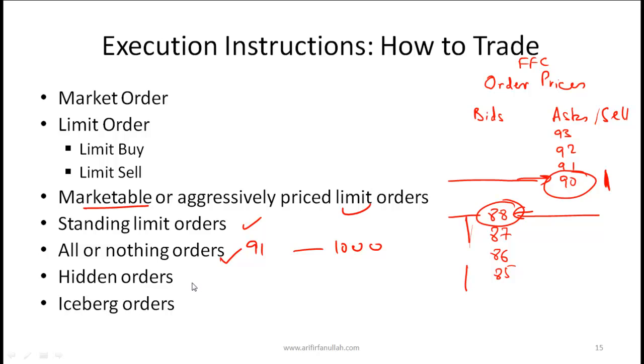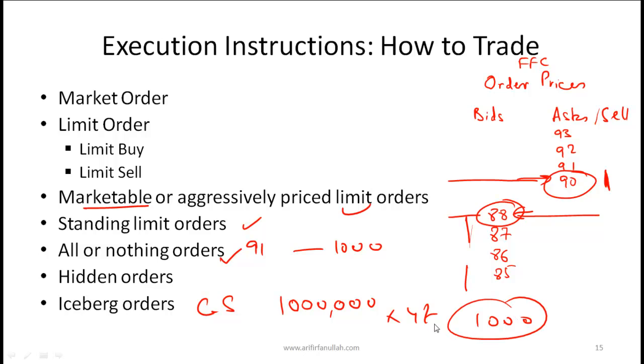Hidden orders are orders that are hidden from the investing public. So hidden orders are only visible to the exchange and the broker who is putting forward the hidden order. Iceberg orders are orders that are mostly hidden. For example, if Goldman Sachs wants to sell 1 million shares of XYZ company, but it only shows an order of 1,000 shares, and when this executes, it will bring up the rest. So this is called an iceberg order because only a small percentage of the order is displayed, and the rest of the order is hidden.